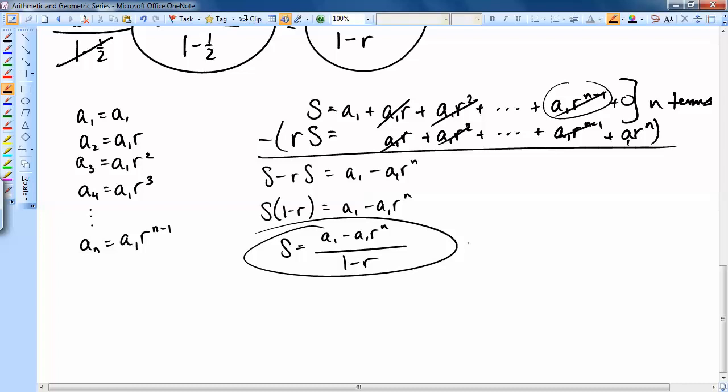All right, sometimes you see this written in factored form instead, like this. That's pretty common too. Okay, I hope that